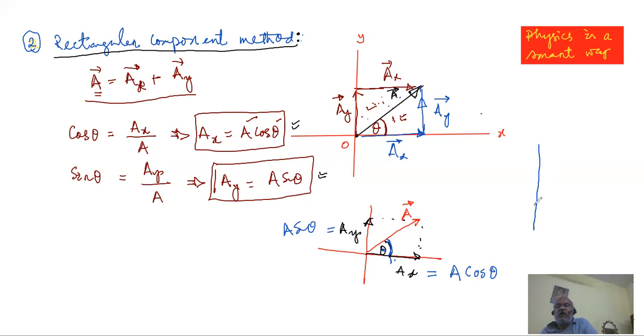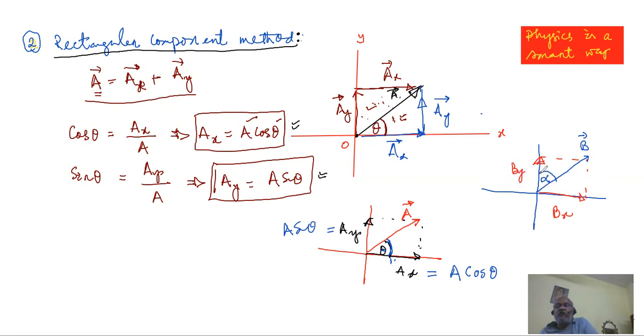Similarly, we can try it once more. Let us say we have been given a vector B, and the direction of B is given in terms of this angle, alpha. So as usual, you draw your Bx and By components. We know this is Bx, okay, that is By. It's a very simple rule, very simple trick.